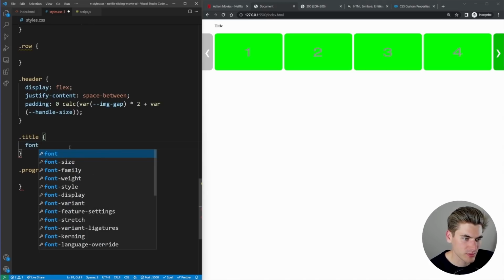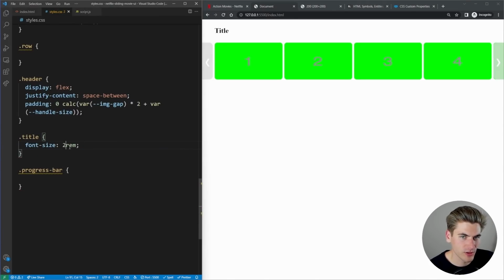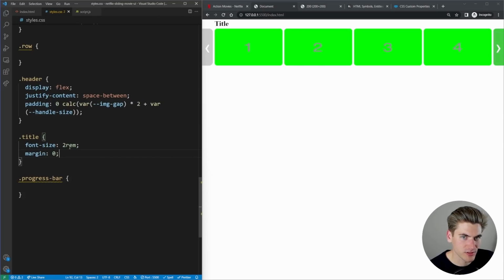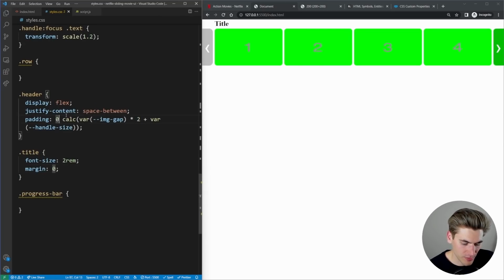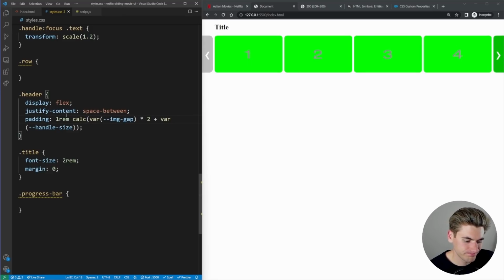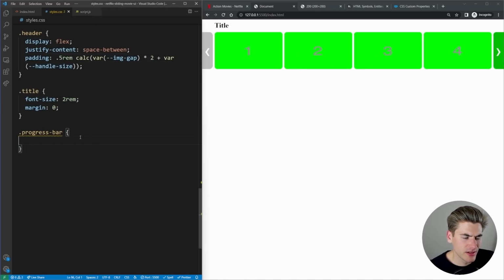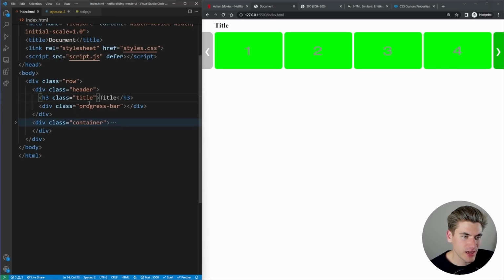Font size on this, I just want to be large again. We'll say like 5 rem. Oh, that's way too big. 3 rem, 2 rem, margin 0. And here we're going to have padding like 0.5 rem, 1 rem. Now we'll say 0.5 rem. Looks pretty good. Okay. And for the progress bar, we're going to have a set number of segments in here, which is going to be determined by the current size of our slider. Which is also kind of determined by our screen size. For now, we're not really worrying about the screen size very much, though.